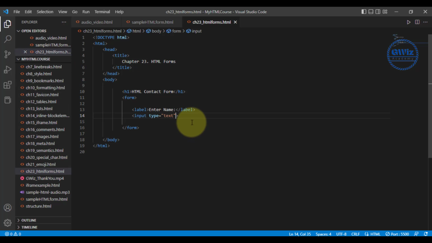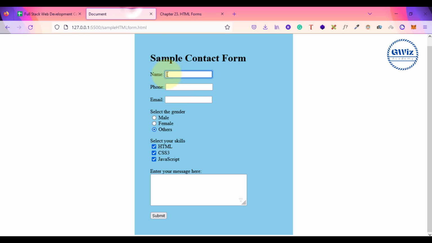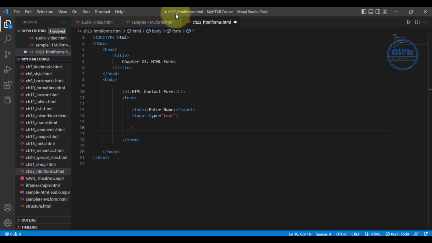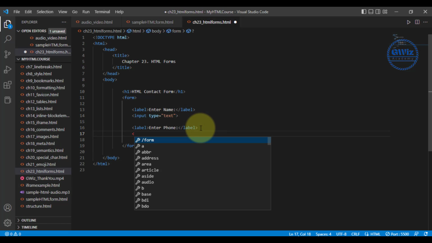Now the second thing that we need to do, there are some attributes that we need to add over here. We will come to that topic very soon. That second form field, what is the second form field? The second form field is phone number. Alright, so what I'll do, I'll add a label. Label should be enter phone, right? And then I'll add an input. Input type is